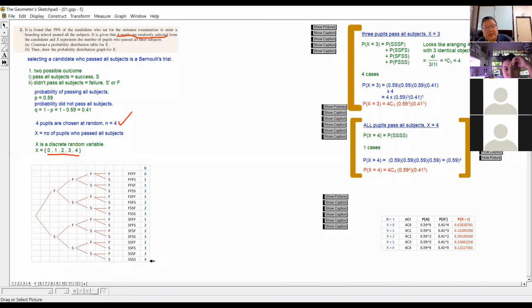Then you count the number of successful students and you give them that number. 4 successful students, 3 successful students, 2 successful students, and so on. So this number of successful students is the discrete random variable. So for each question you must identify the Bernoulli's trial, p and q. You must identify the n, the number of repeated Bernoulli's trials, which will give you the discrete random variable. So now I want to show you